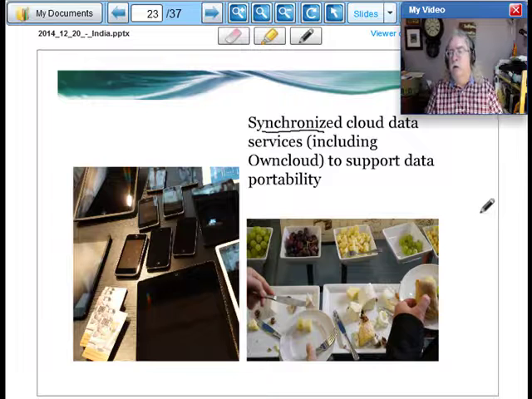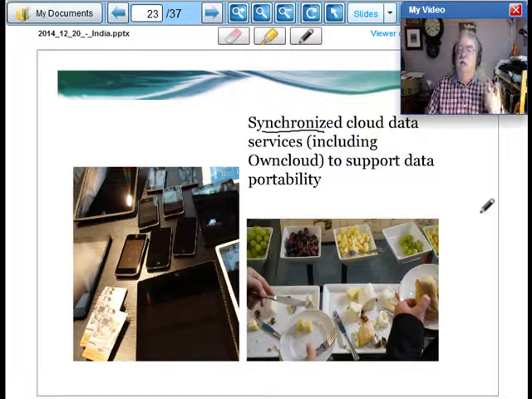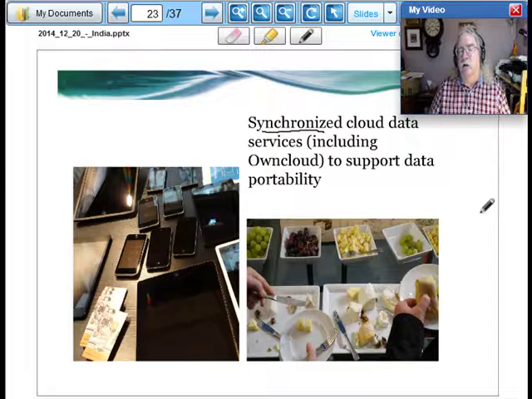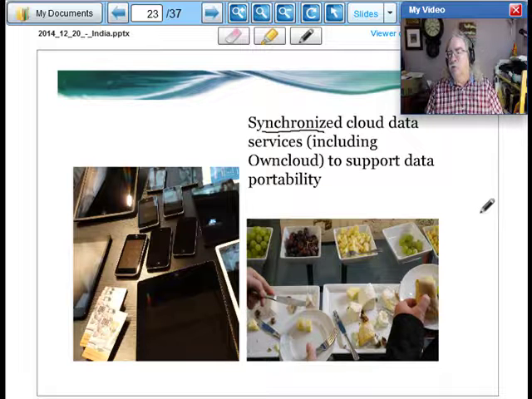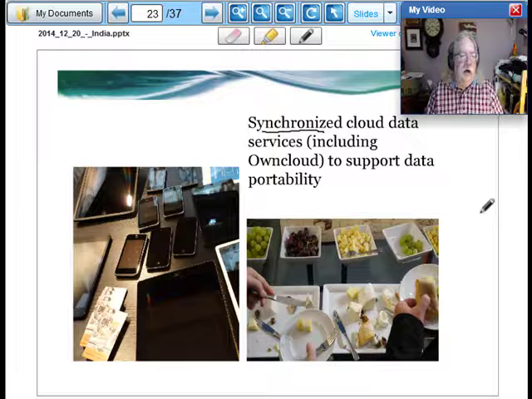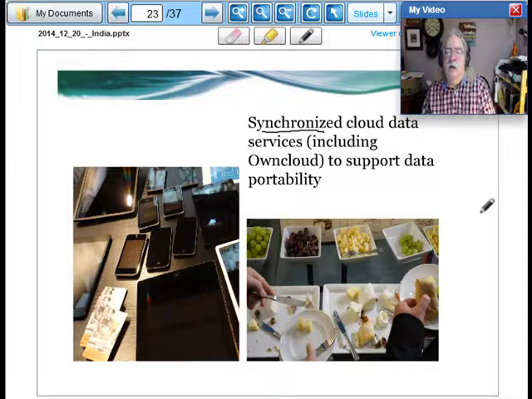For photos, we can use Flickr. For video, we can use YouTube. For documents, we can use Google Docs or Google Drive. For other documents, we can use Dropbox. For other things, we can use Cubby.